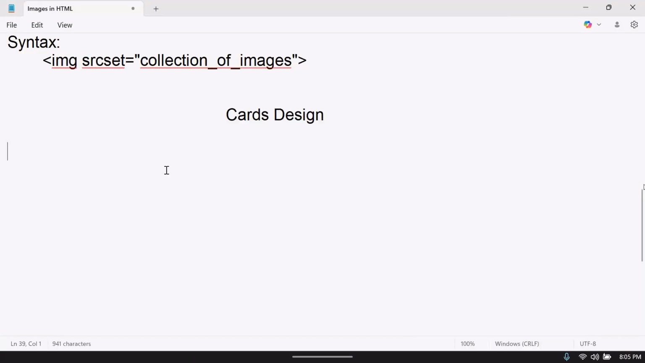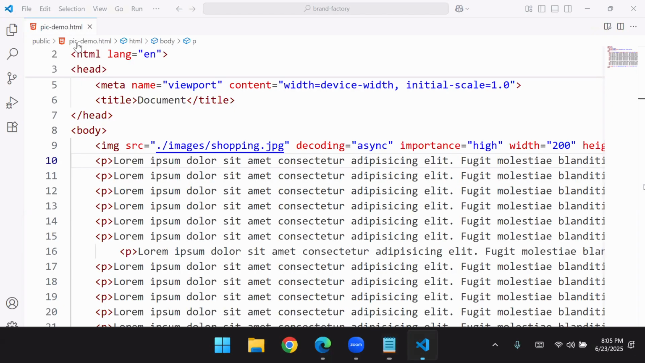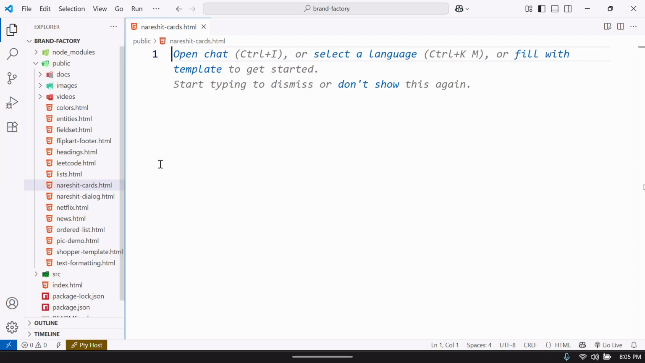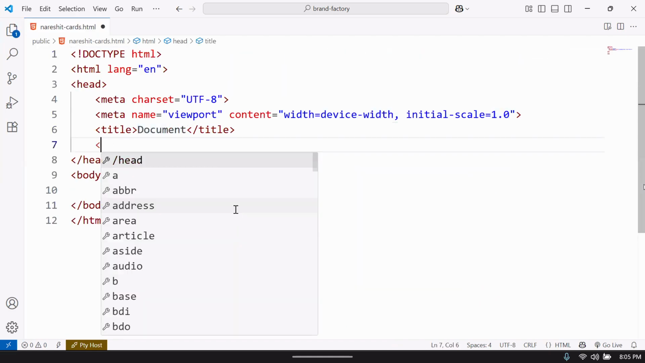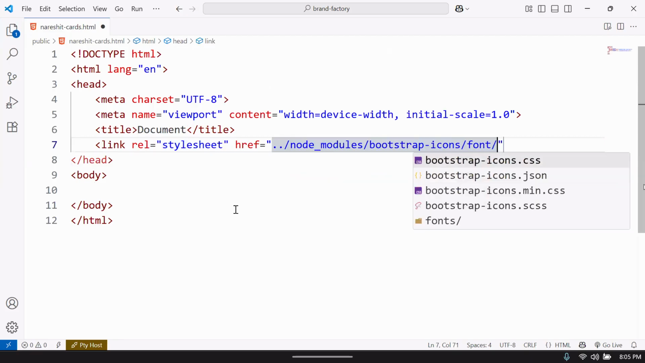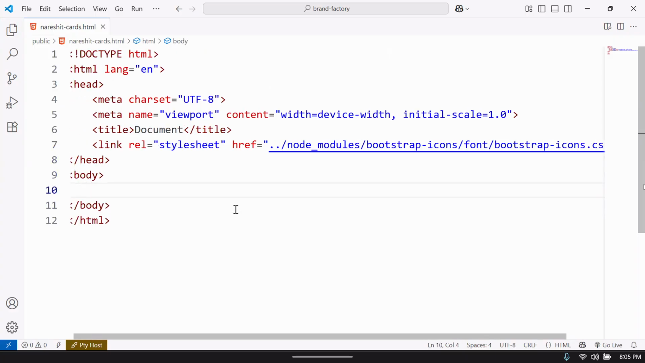I will go to the project and add a new file. Let's add a new file, Naresh IT cards.html. Okay. And we need a Bootstrap icon here. Link rel equals stylesheet, node_modules, bootstrap, font, CSS. Okay. Now in this, we are adding here